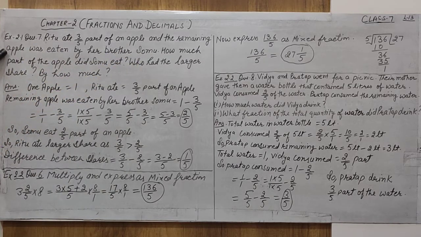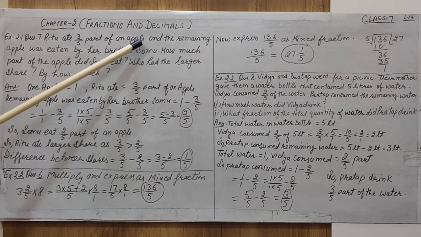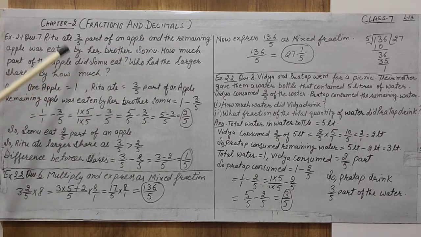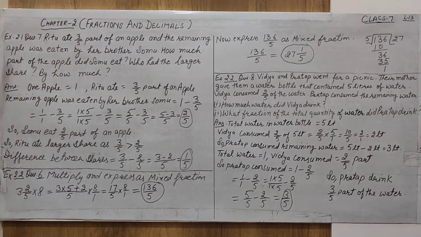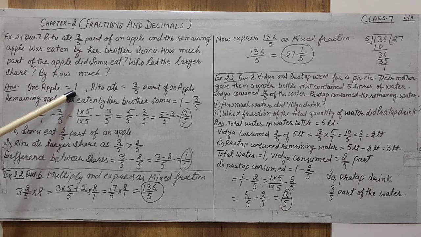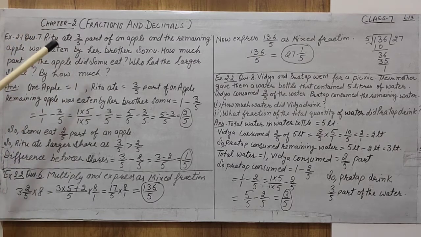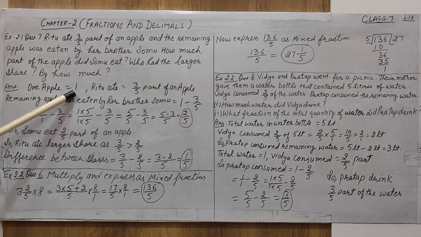The one thing you must understand here: any quantity or anything else that is given is considered as 1. A complete thing is considered as 1. So if we start the answer, first we must write: one apple, or a given apple, is equal to one quantity. Alright, this is a very important part. One apple given, or one box given, or whatever the situation given, the whole part is considered as 1. एक complete thing को हम 1 का नाम देंगे यहाँ पे.